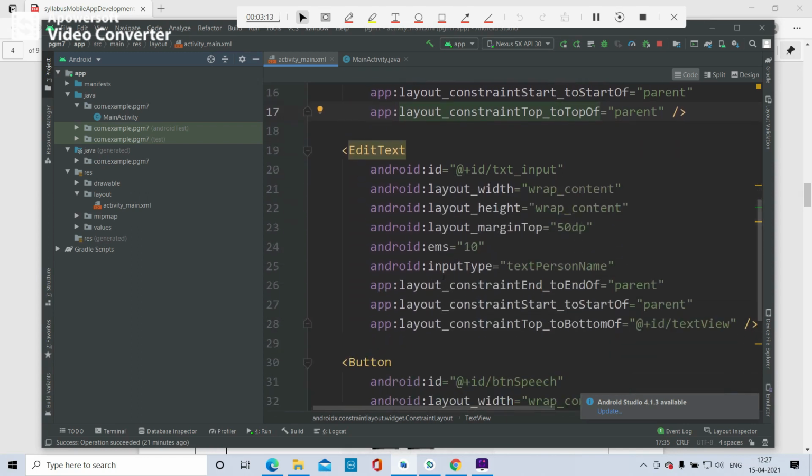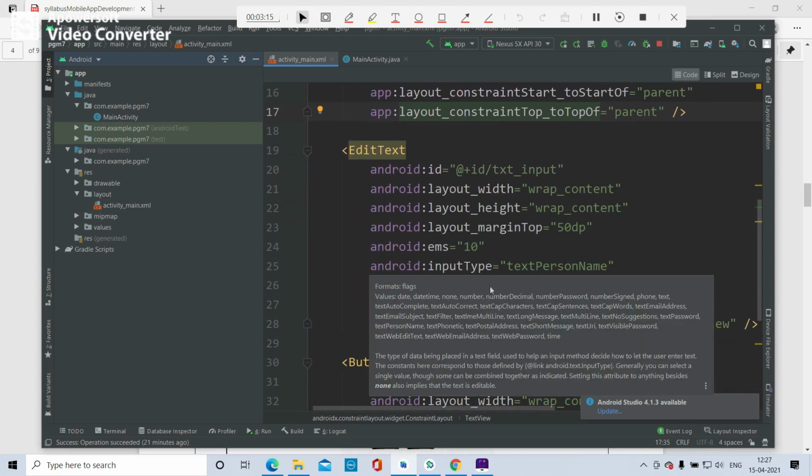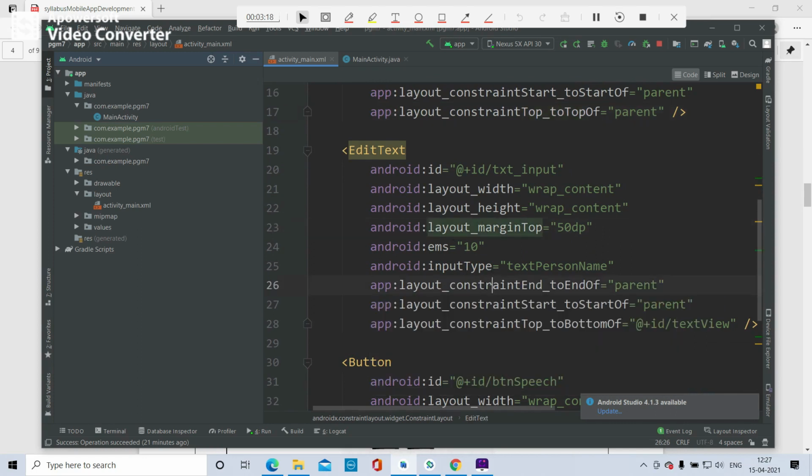Like that, the edit text: you can see the end of the edit text is connected to the end of the parent, and the top of the edit text is connected to the bottom of the text view.